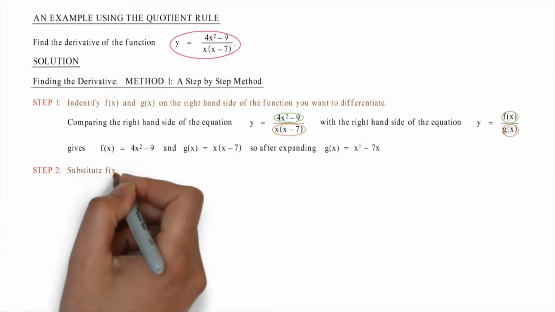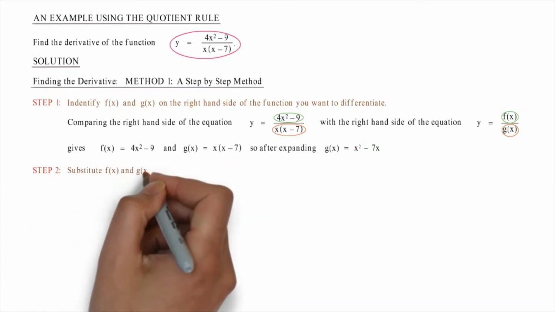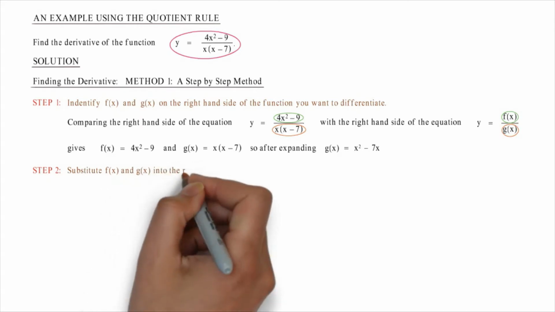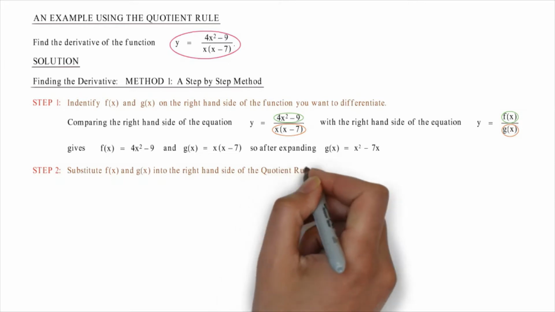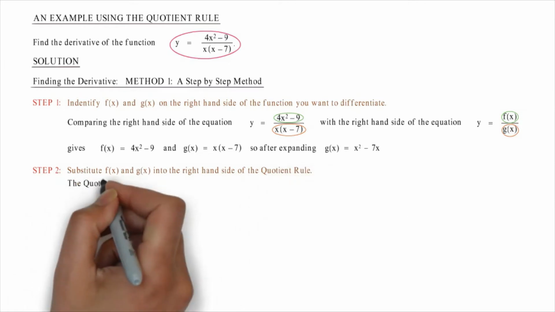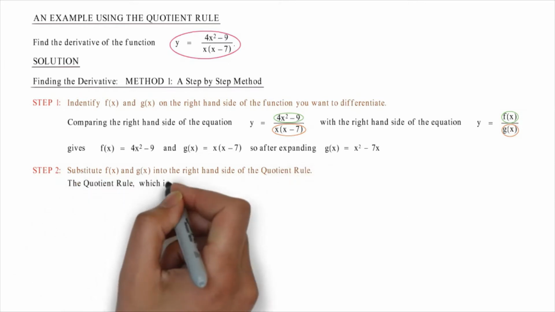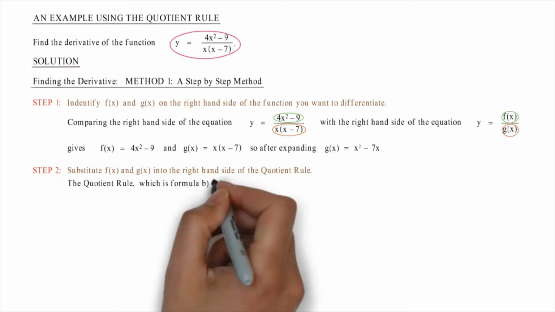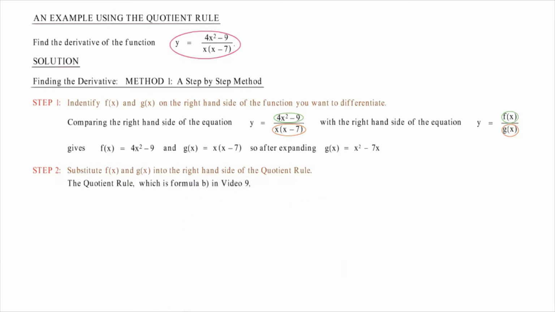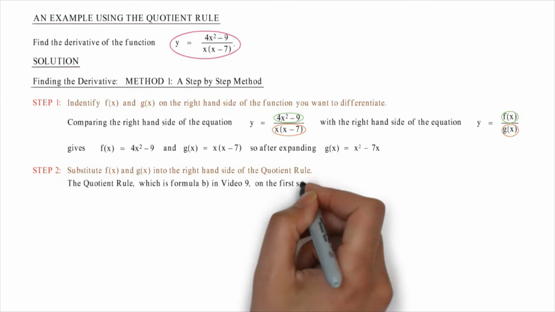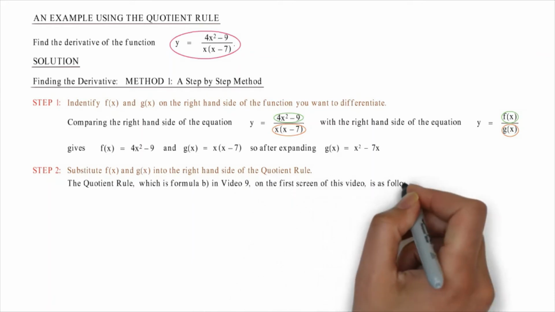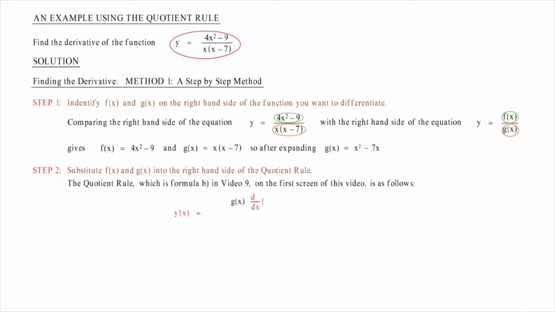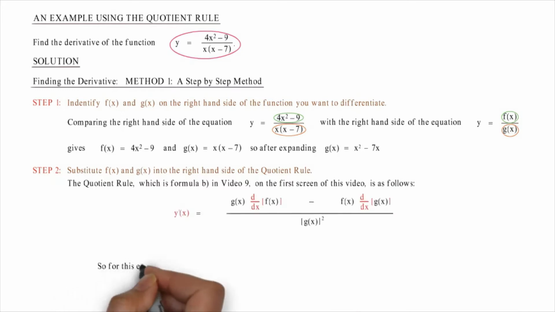Step 2. Substitute f(x) and g(x) into the right-hand side of the quotient rule. The quotient rule, which is formula B in video 9 on the first screen of this video, is as follows. So for this example,